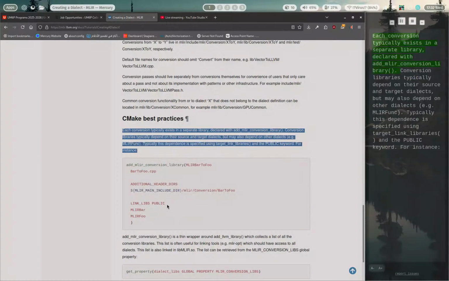Each conversion typically exists in a separate library, declared with add_mlir_conversion_library. Conversion libraries typically depend on their source and target dialects, but may also depend on other dialects, e.g. mlir func. Typically this dependence is specified using target_link_libraries, and the public keyword. For instance,